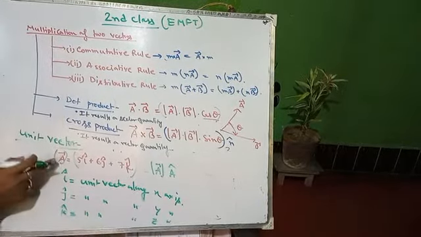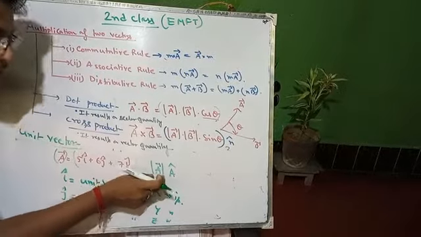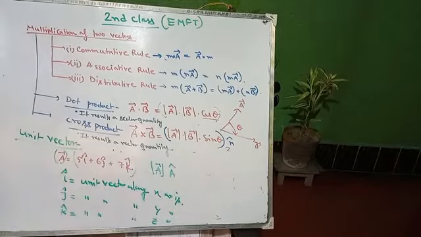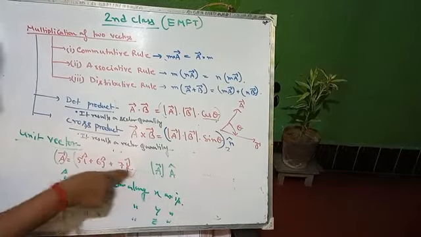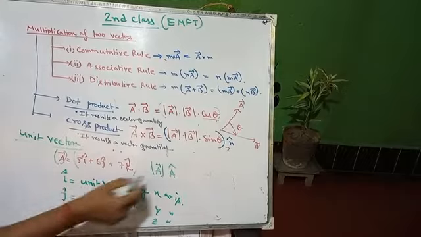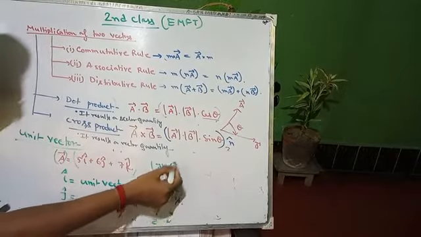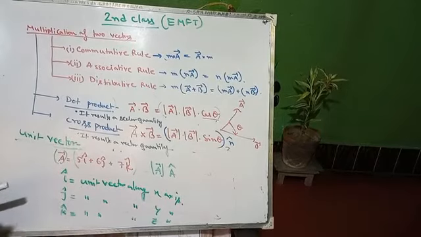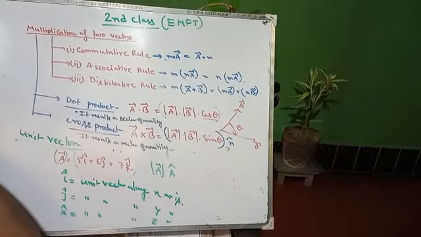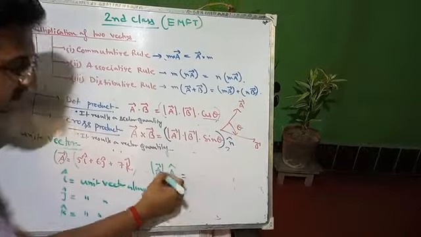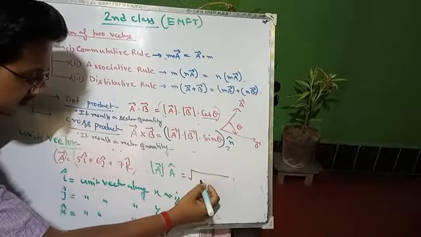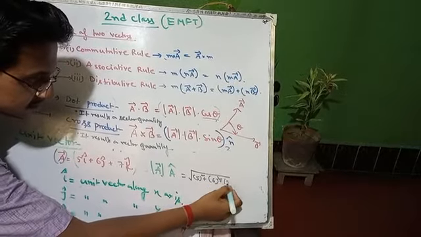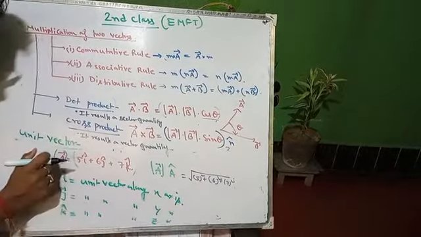Just before, I discussed that any vector A can be represented by its magnitude and a direction. So how do we find the magnitude of A, and how do we find A cap, using these values? See, it is very interesting actually. Modulus of A equals, I think all of you are familiar with this concept, and I discussed it last day, root over of 5 square plus 6 square plus 7 square. That will be the magnitude of A, right?